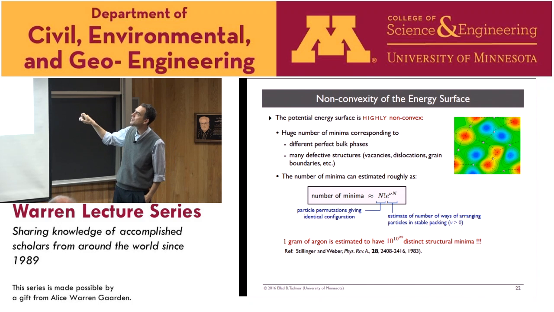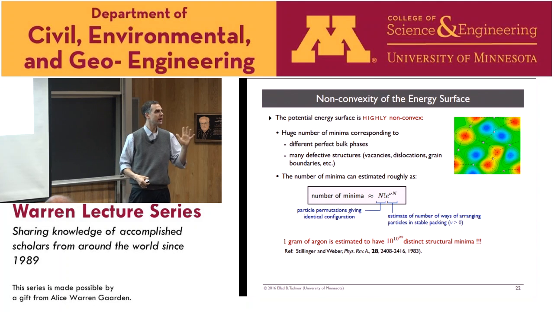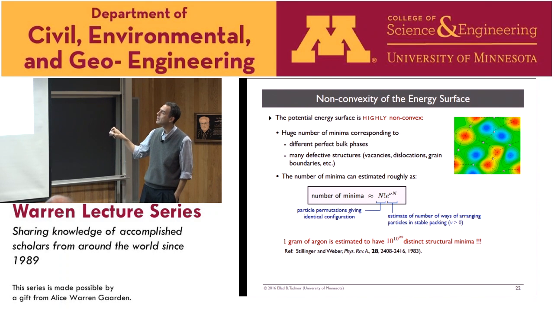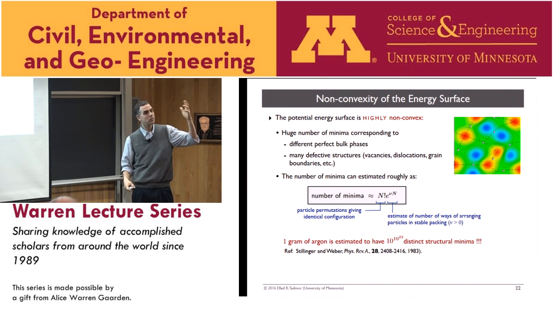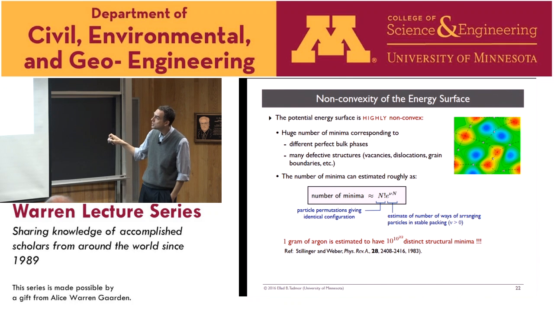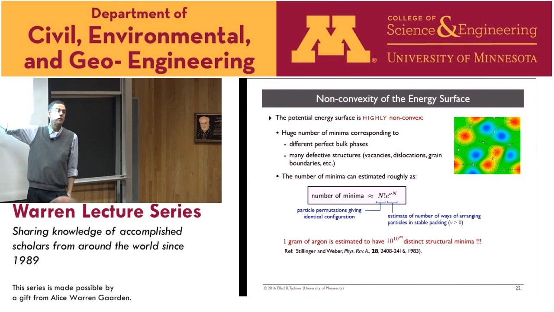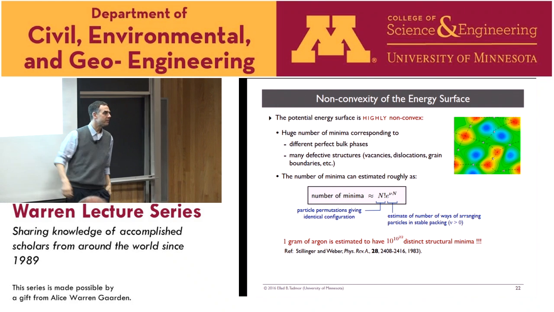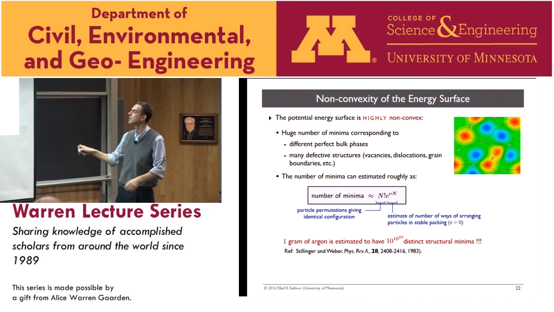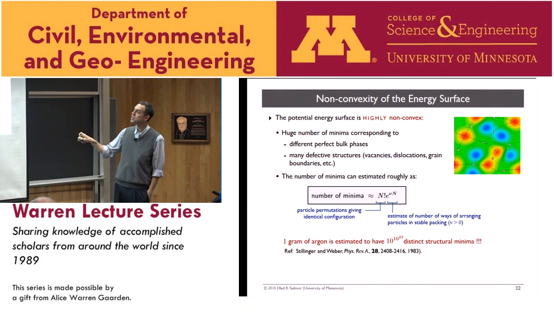This one was the interesting one, and this they got from an argument about how many ways you can pack things together. So it's an interesting kind of topological argument that they make. The bottom line is that they get this as an estimate, and then if you take a gram of argon, which again, 10 to the 22, 10 sextillion atoms, there are these many distinct structural minima. That's how many blue spots there are. 10 to the power of 22, which is probably the biggest number I've come across in any kind of real physics. I don't know how many stars there are in the universe, but this is a huge, huge number. And that's just in 1 gram of argon. Number of different states that you can expect.